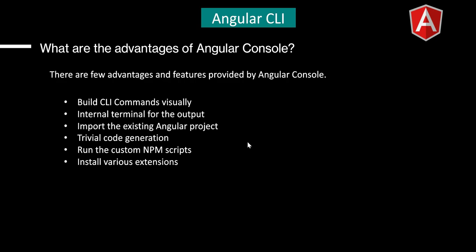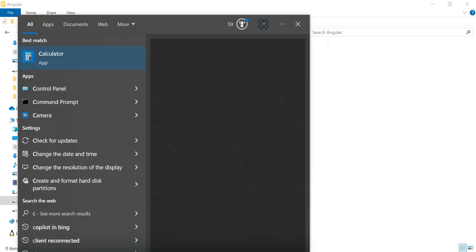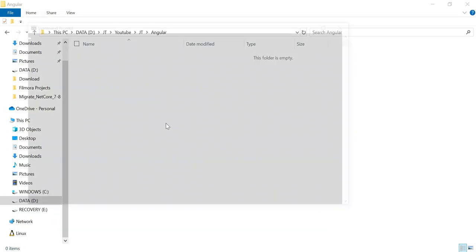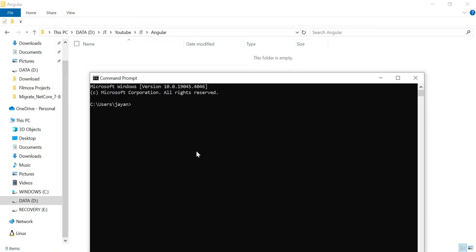So let's get started. In this folder I want to create an Angular project. First I need to go to the cmd command prompt, and here I want to see the npm version I have, so you can type npm -v. The current node package manager I have is npm 9.6.15,